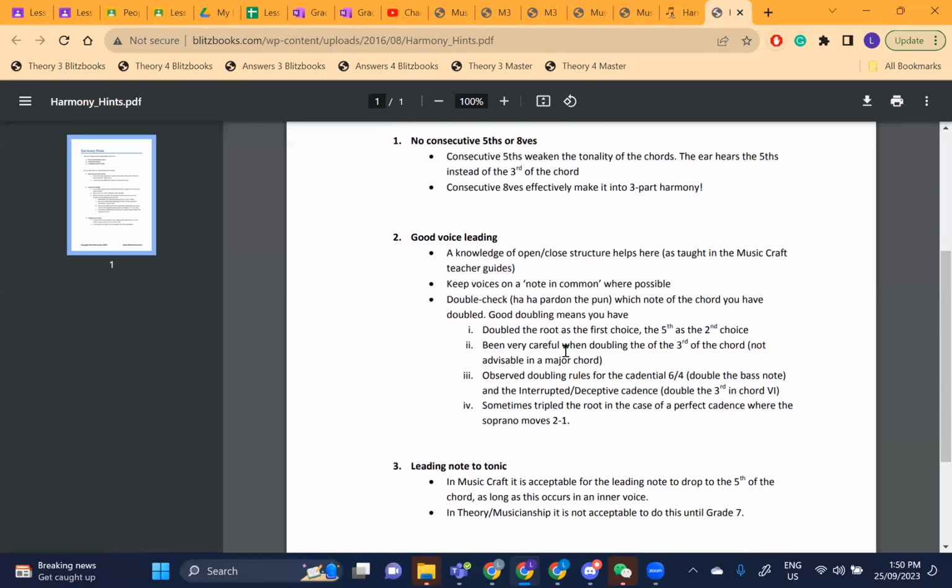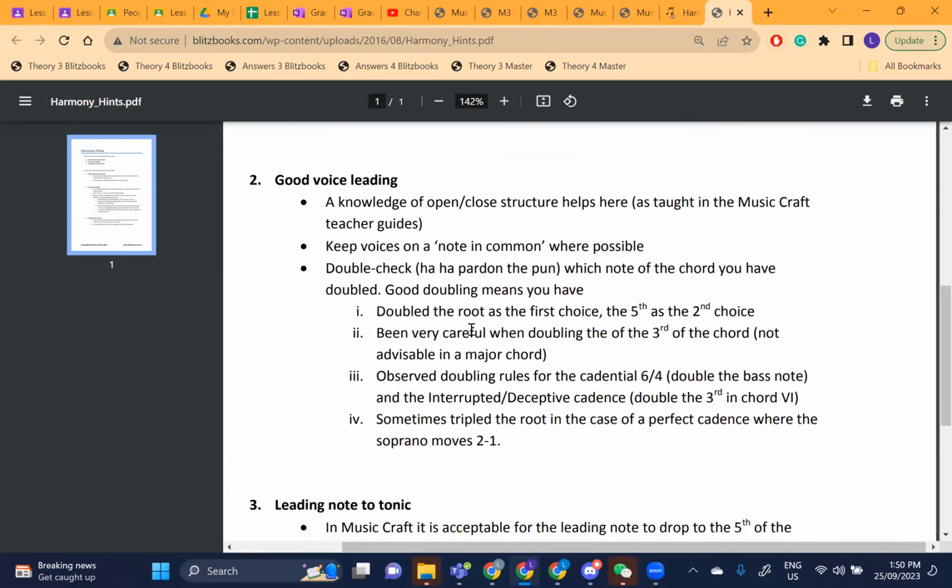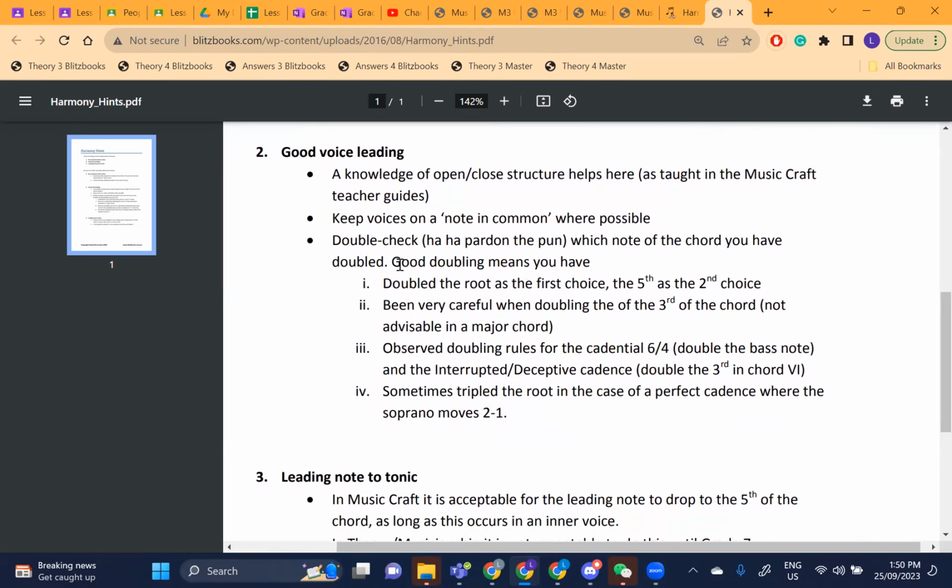Look at this. Double check with another chord you have double. Good doubling means you double the root, which should be your first to go. If doubling the root creates consecutive fifths or octaves, choose another note to double. All right? So doubling the root would always be your first choice, unless it clashes and it creates a consecutive fifth or octave. In which case,